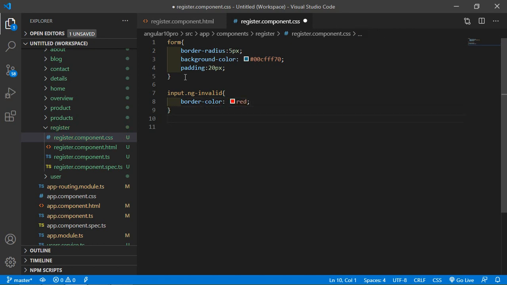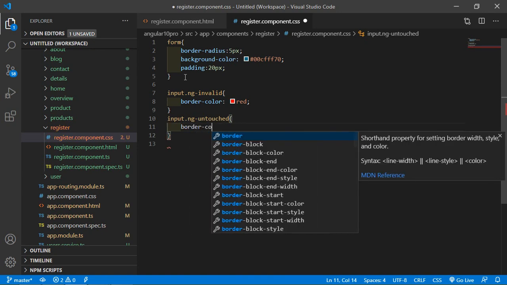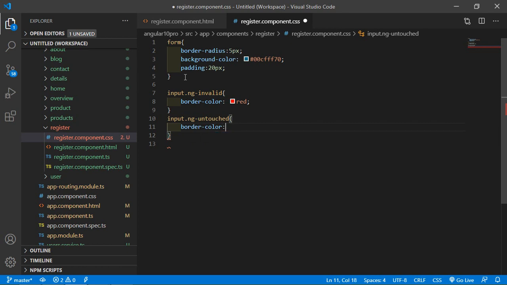And one more CSS class, input.ng-untouched, and inside this set the border color to this color, CED4DA. Okay, this one.